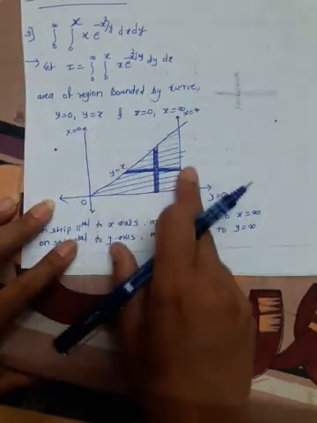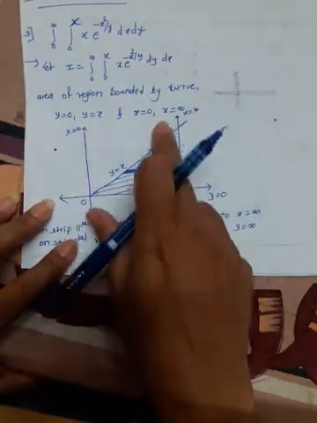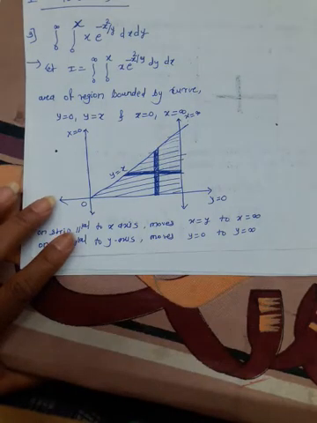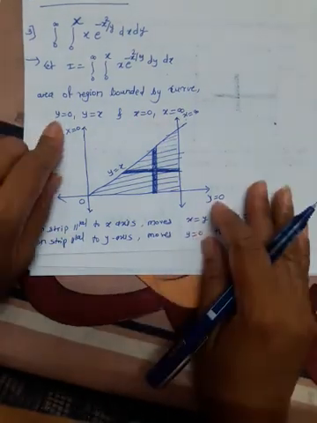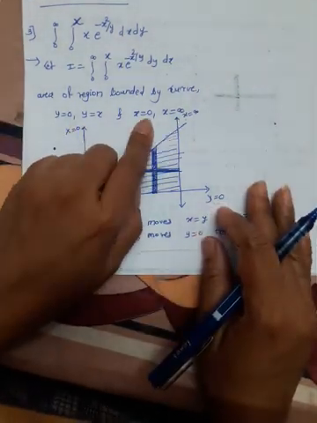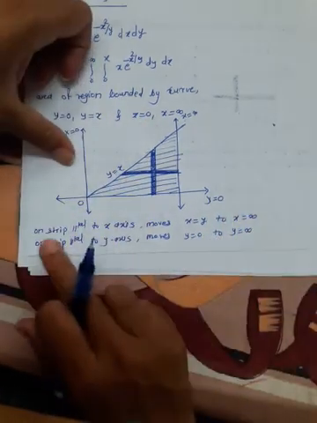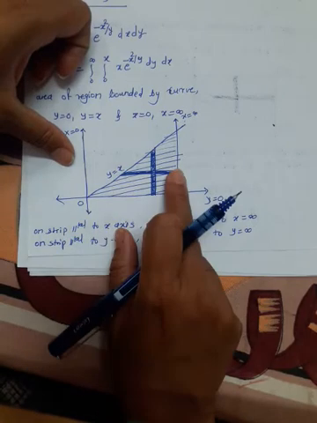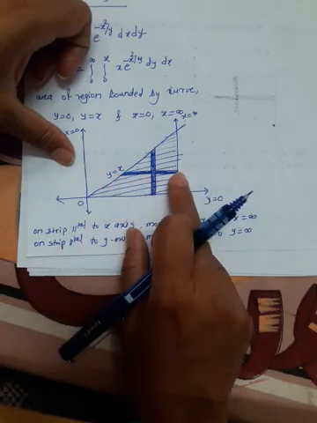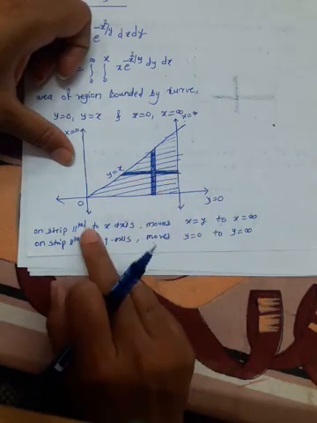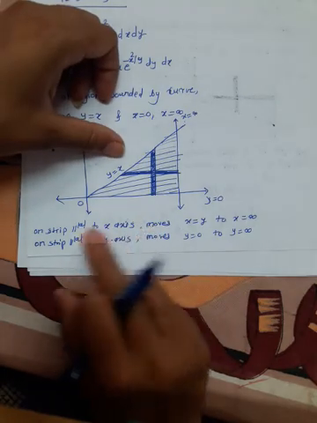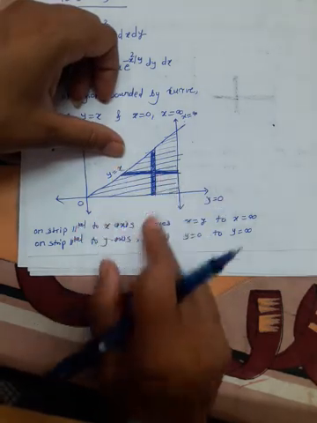Now consider the parallel strips, parallel to x axis, parallel to y axis. Now in this example, x limits are constants. That's why we have to find x limits in terms of variable. Now on this strip parallel to x axis, this horizontal strip, this strip moves from,